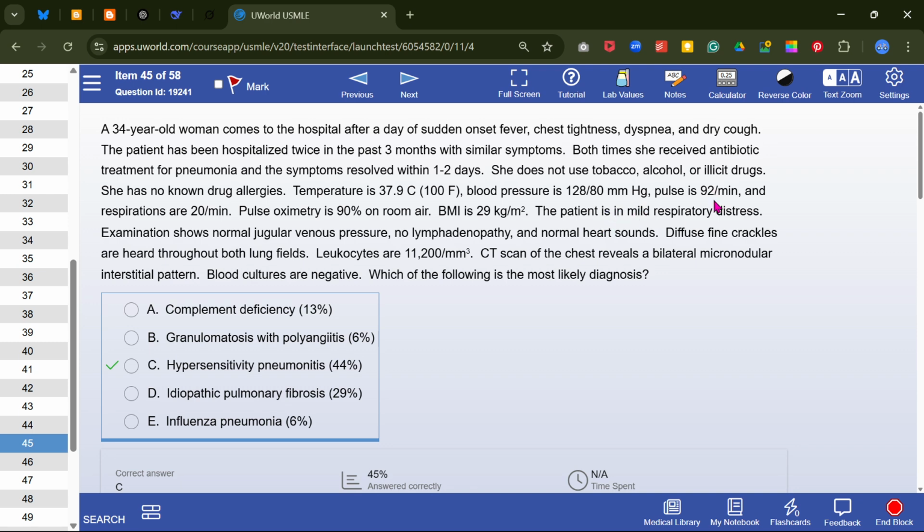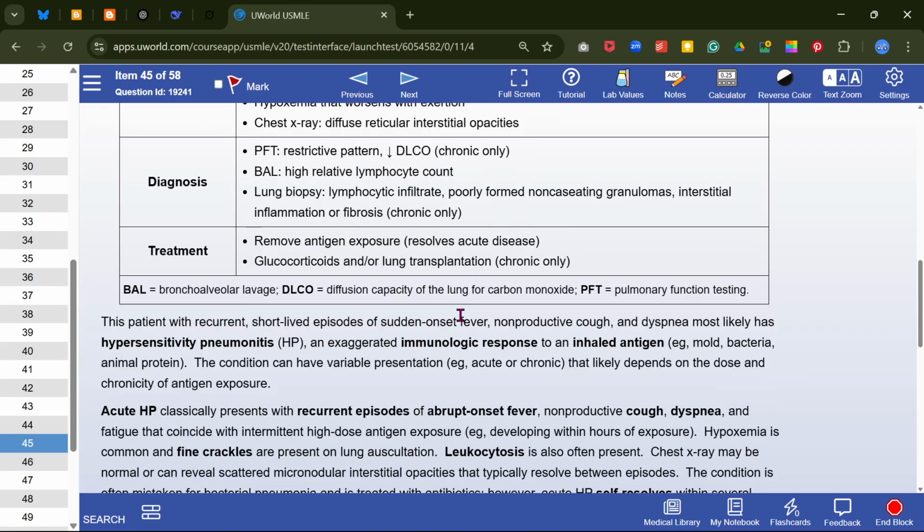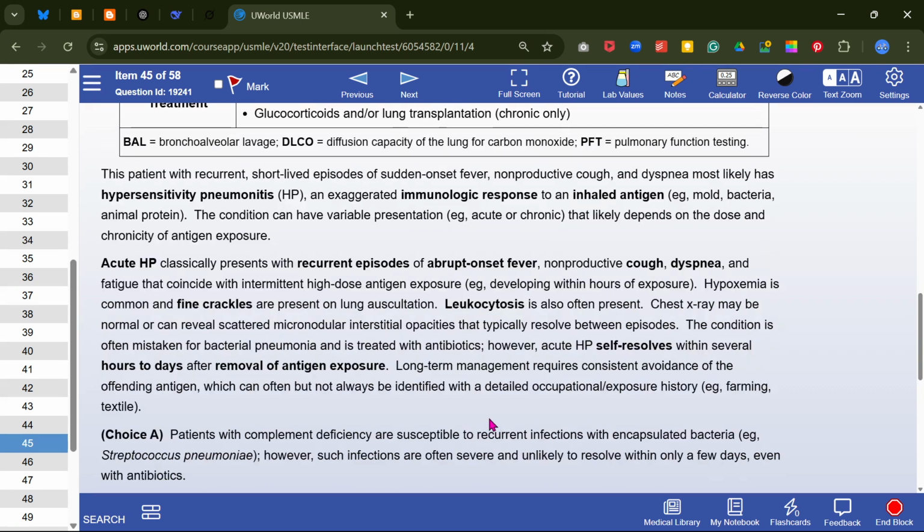The patient has mild respiratory distress. Examination shows normal jugular venous pressure, no lymphadenopathy, diffuse lung crackles, fever, and leukocytosis. Chest CT shows a bilateral micronodular interstitial pattern. So this looks like hypersensitivity pneumonitis. Okay, it is acute HP: acute onset fever, cough, dyspnea, fine crackles, leukocytosis,